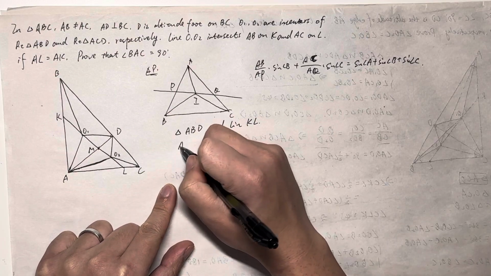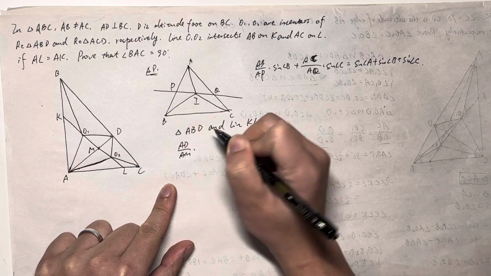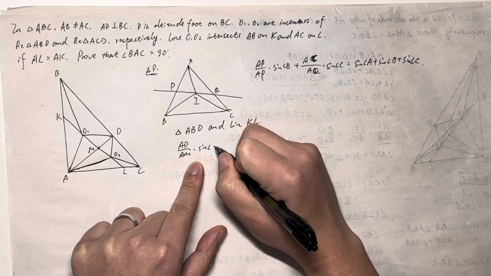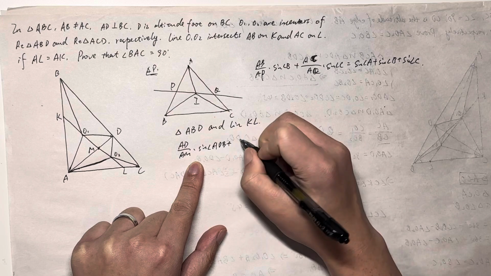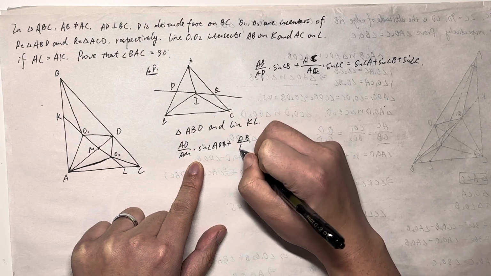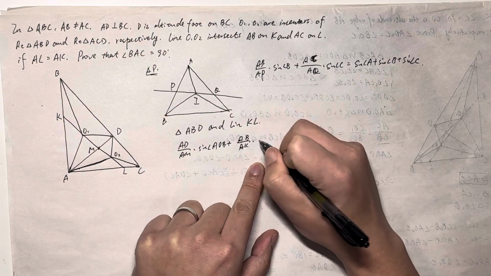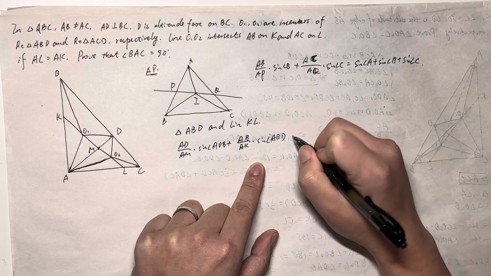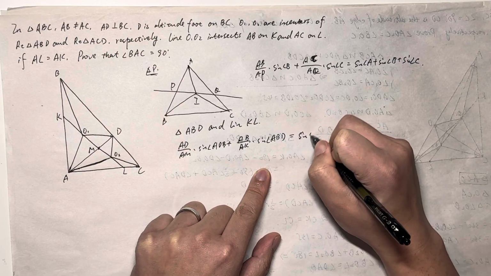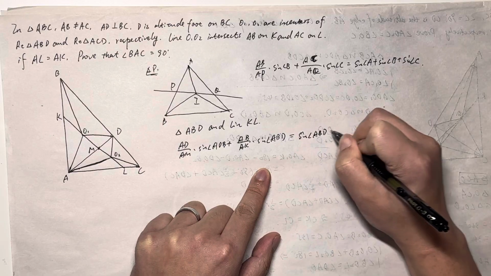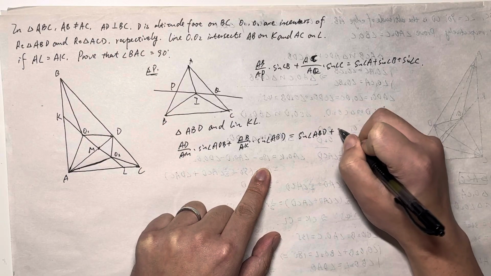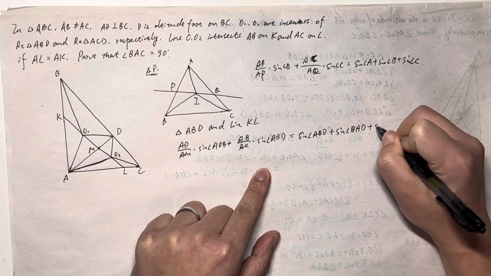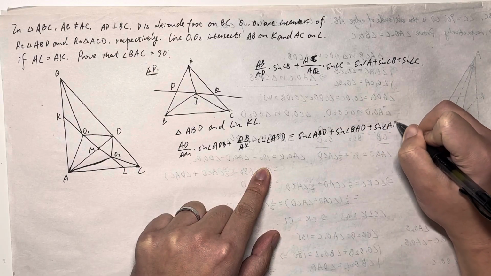So we have AD over AM times sine angle BDA, or ADB, plus AB over AK times sine angle ABD, right? It equals sine angle ABD plus sine angle BAD plus sine angle ADB,